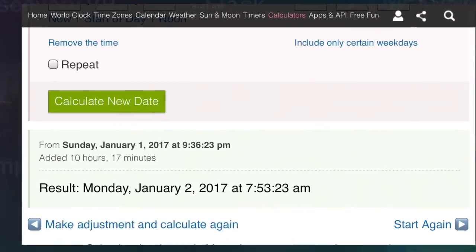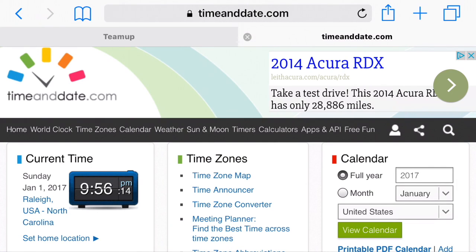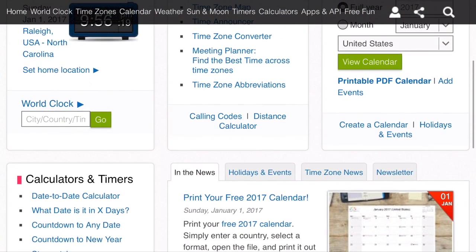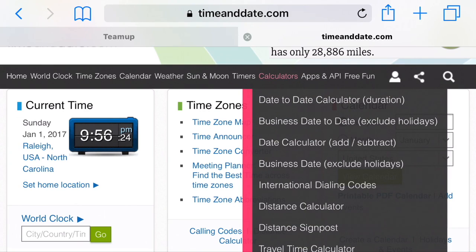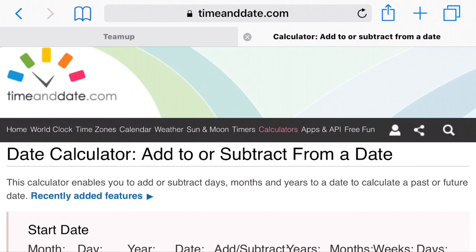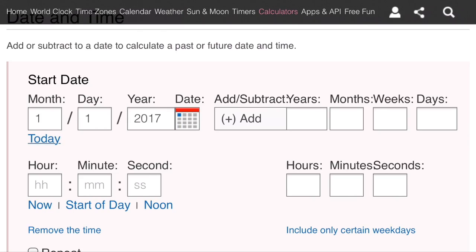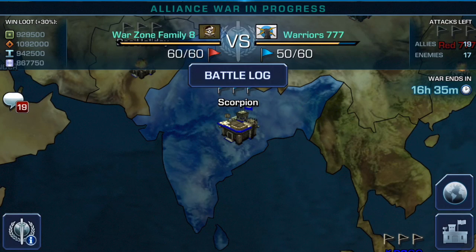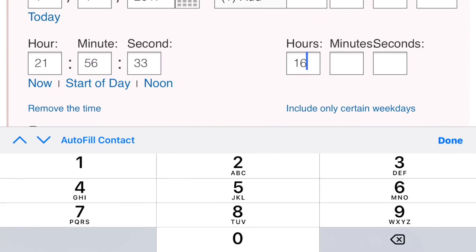And what I would do is use the Safari app, timeanddate.com. It has a number of calculators here, and one that we really want is not listed. You just have to click on calculators and then click on date, calendar, add and subtract. You click on that, we include the time, so we click on today and now, and I forgot the daggone time. So 16 hours and 35 minutes, and we click on that, type in 16 hours and 35 minutes, and